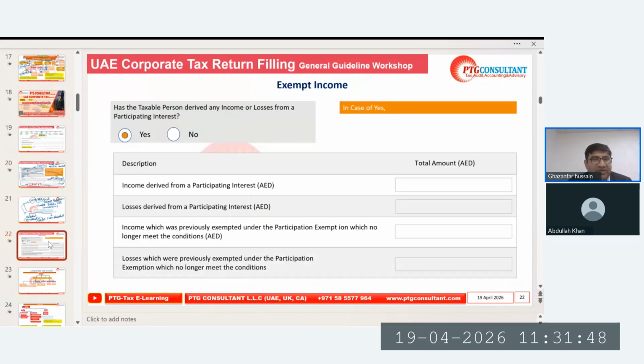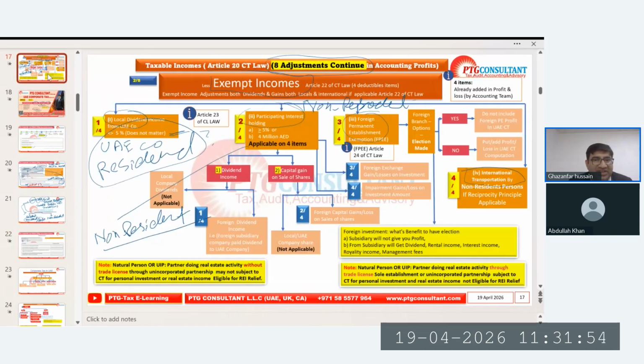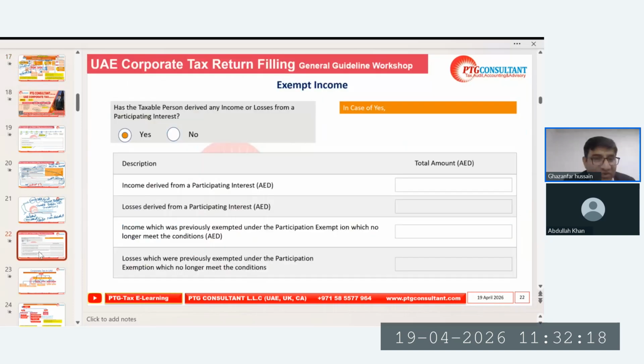Okay, so now the next point, the exempt income. What is our understanding over here? We said the income we receive from the local, that is the first point. What is the second point? The participating interest. Whether we receive or generate the income as a dividend or profit distribution from a company falling under the PI condition. If we say no, this further window will not open; while opting for no, the below will not be applicable. But when we say yes, then the return will open all this.